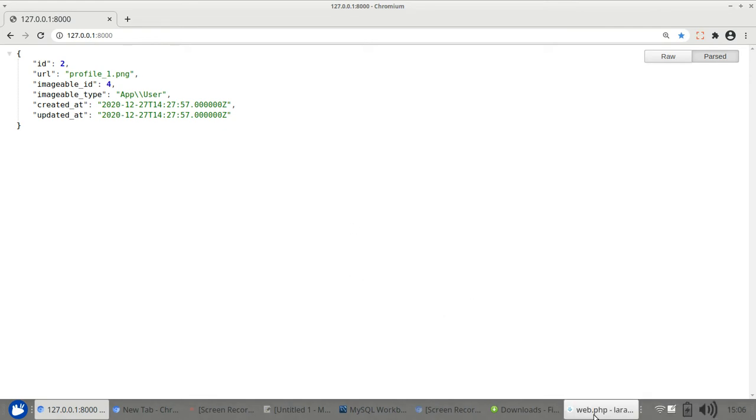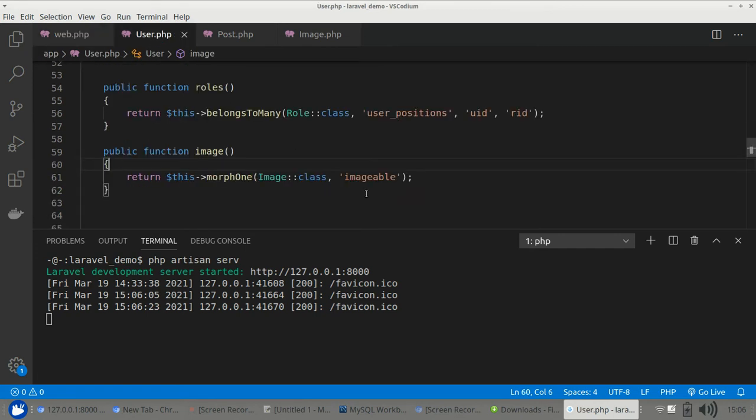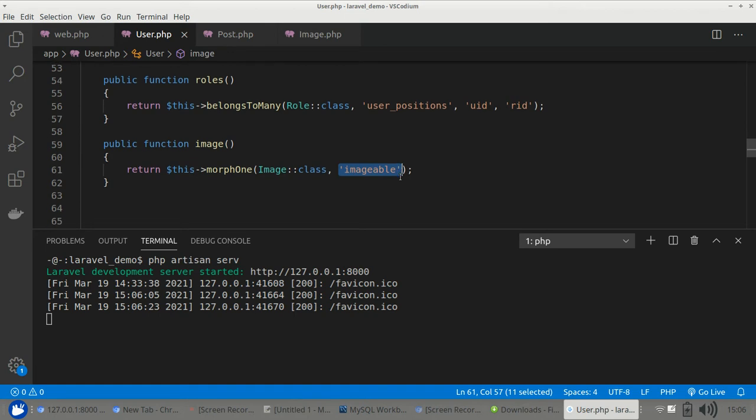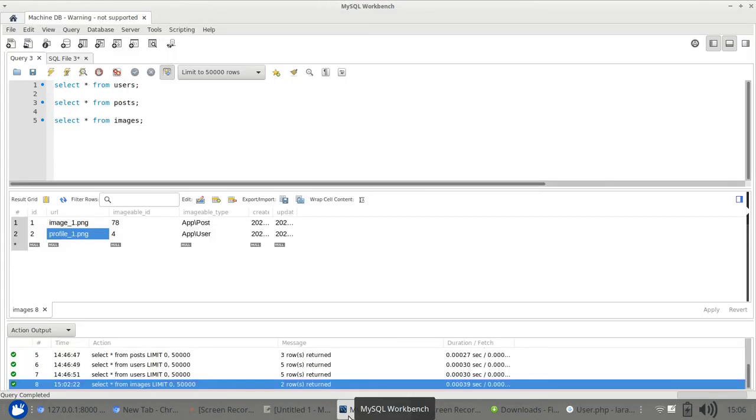So we were talking about this second parameter. The second parameter is the relation name. Using this relationship name, Laravel imagines that you have two columns on the child model: relationship name underscore id and relationship name underscore type. If you have a different column name,